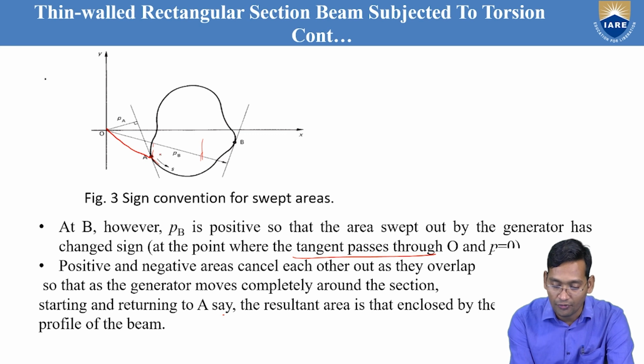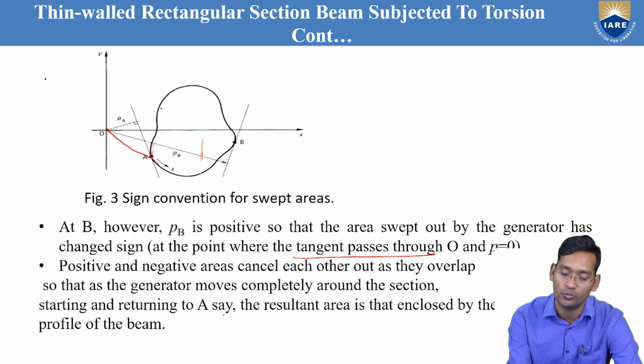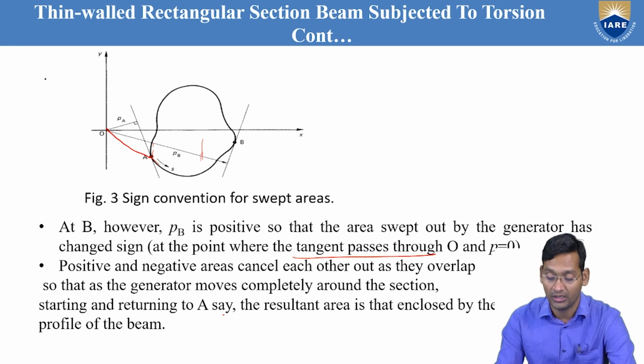So now what happened? First it started from here at point A, then it starts moving. Then again it becomes positive, then moving, and finally it's coming to A. So now it's making a closed loop. Once it has returned back to A, the original position, then only we can say